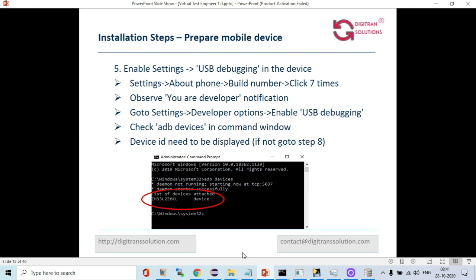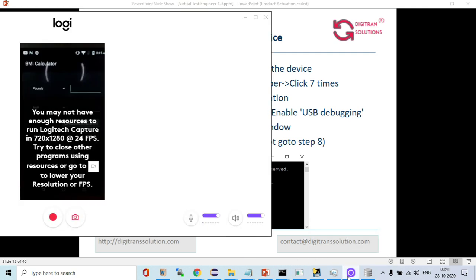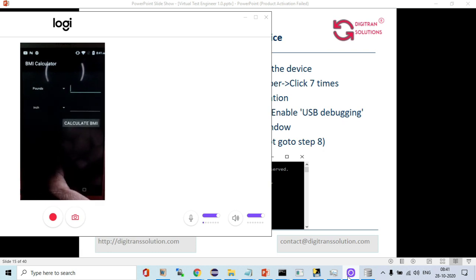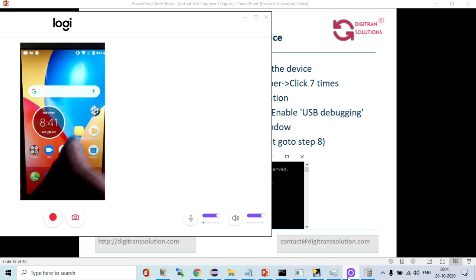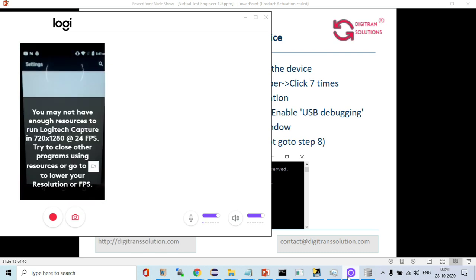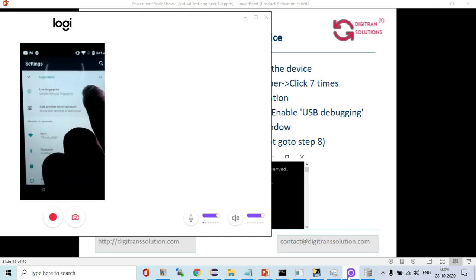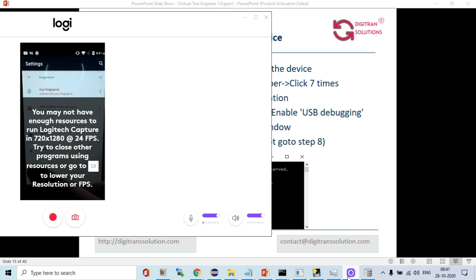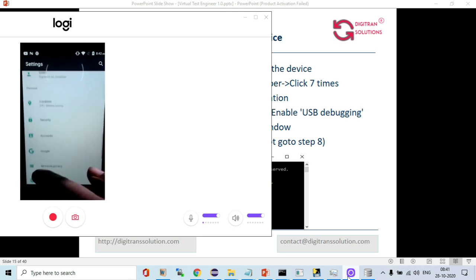The next step is USB debugging. You have to enable it in your device. For example, this is our device. Go to the settings page, and in the settings page go to about phone.